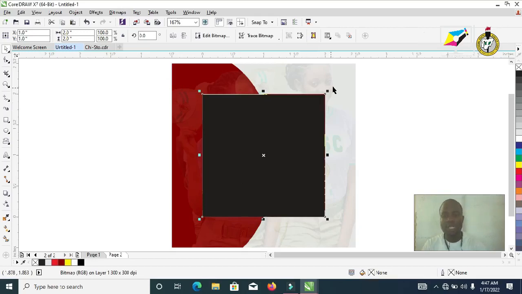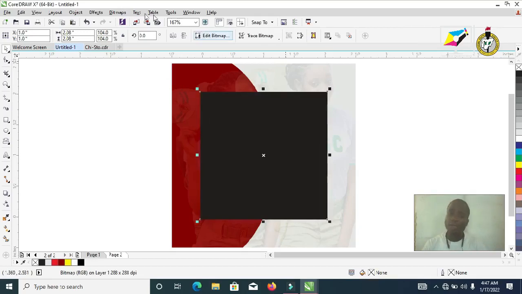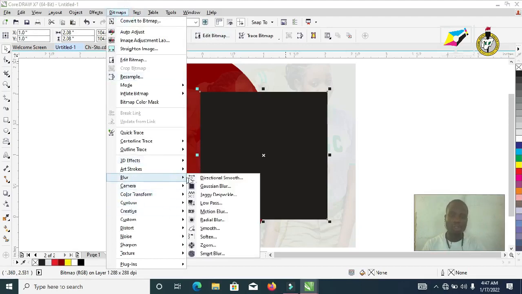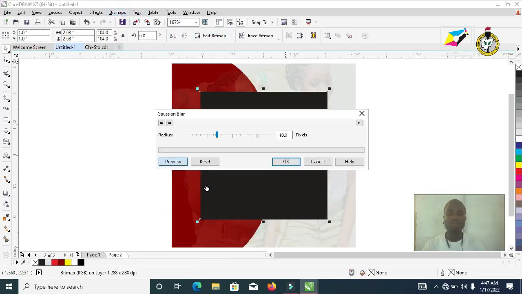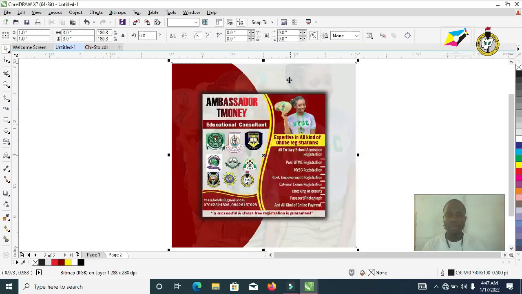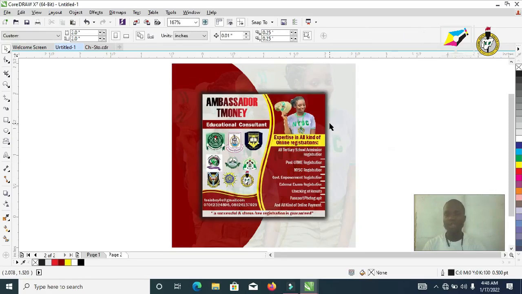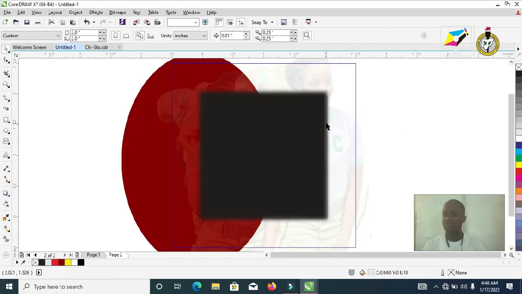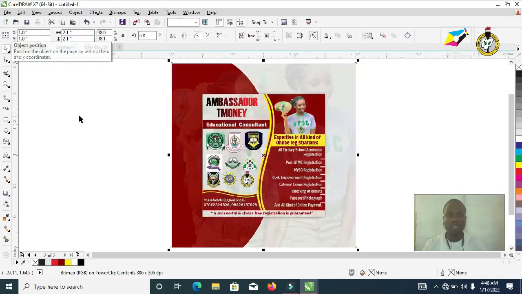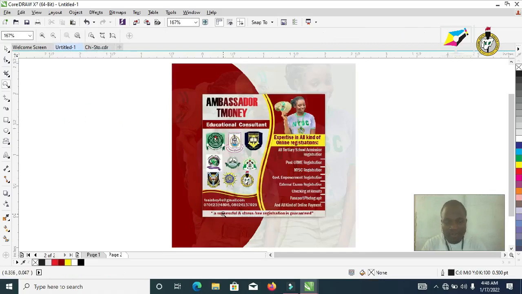When you are through with converting to bitmaps, go back to your bitmaps. You will see where we have blur. Use the Gaussian blur and make it blur a little. Okay, like what we have in here. Select OK, then move this one down to the lower part of your design. Just power clip it. So that gives you a shadow effect under your text. You can just select it. Let's use 2.1 by 2.1. Alright, so we've adjusted it. So just have a slight effect of something like a shadow